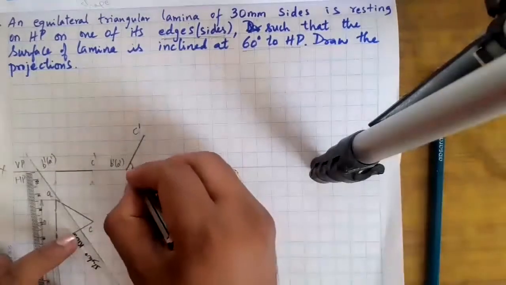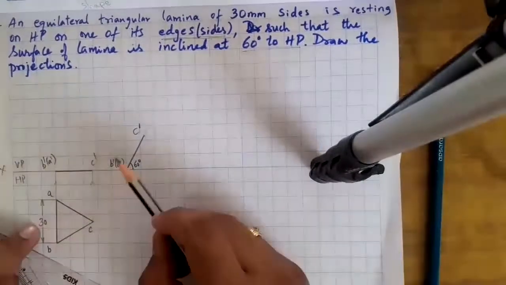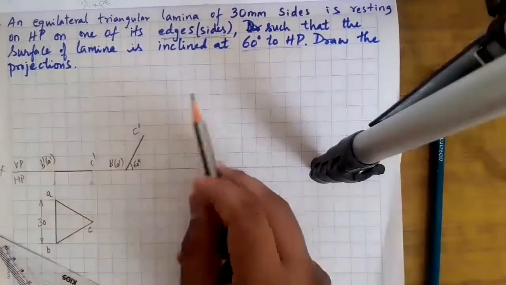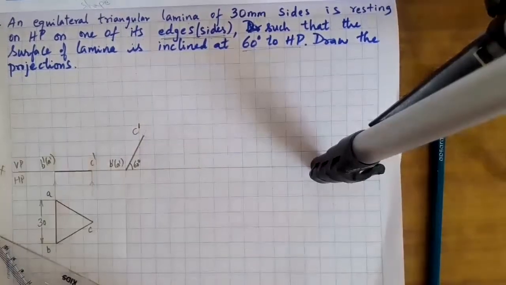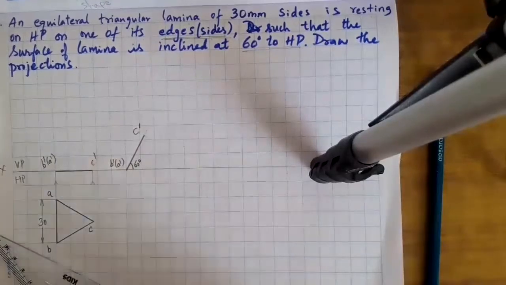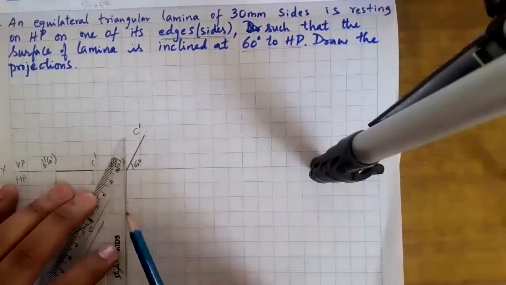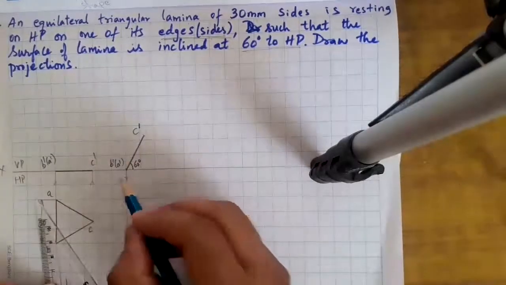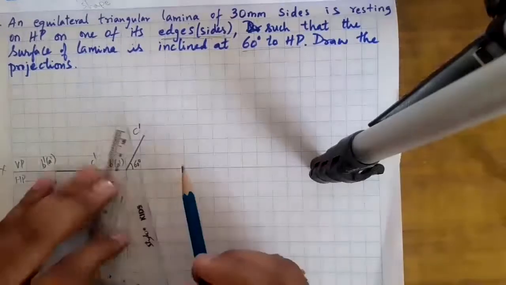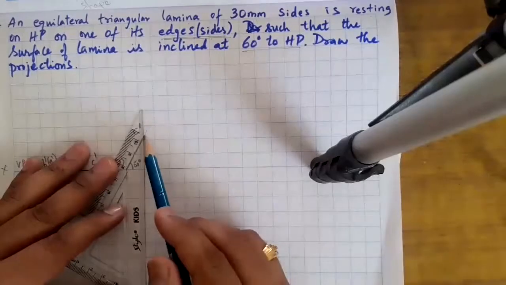Before that, I will dimension 60 degrees. 30 is given in the problem, 60 degree is given in the problem. Please do dimension. Next, I'll draw the projectors from AB. From A, I'm going to draw a projector. Again, from B also, I've drawn a projector like this in the arrow mark direction. Again, from C, I'm going to draw a projector downwards.